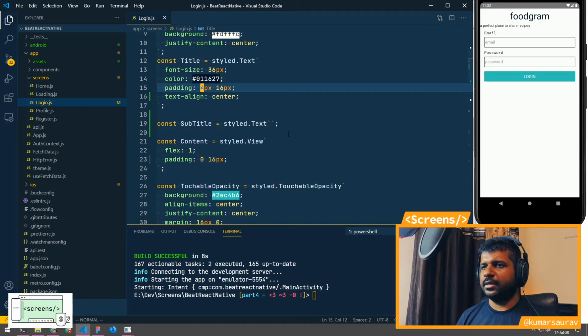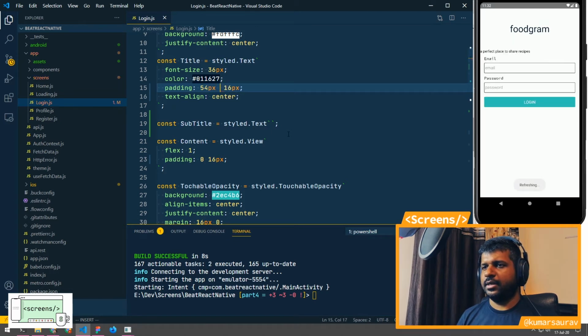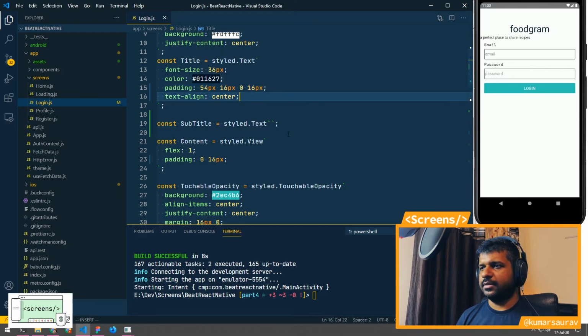I think the padding is 4 pixels on top and 16 on left and right, so let's change this to 54 pixels on top, and then we'll add 16 on left, 0 on bottom, and 16 on right. So left and right the padding is 16, and on the bottom it is 0.